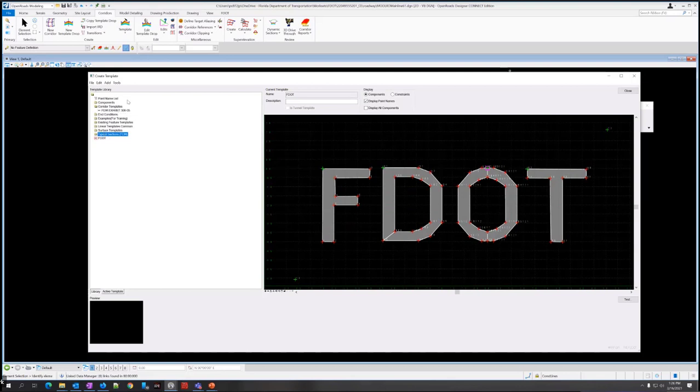So I want to right-click on the one I just pasted in there, and now I want to select Rename. So now this becomes editable. This is much like you'd rename something in Windows Explorer. So we're going to call it SR61 training. This is step 3. And I hit enter.